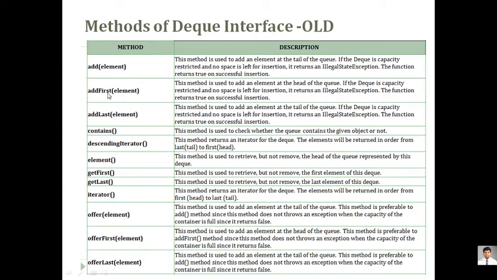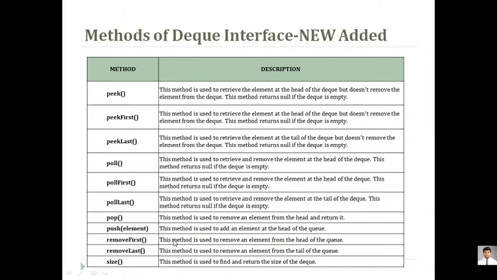So the remaining functions we have already done; we will have to go for this offer. You can just replace your previous example with add first, add last by offer first, offer last. If you don't want to use add in a queue, you can use offer as a function. There is only a change in the function name. Rest of the functionality will remain as it is. So replace add first and add last with offer first and offer last. You will get the same output. There is no change.